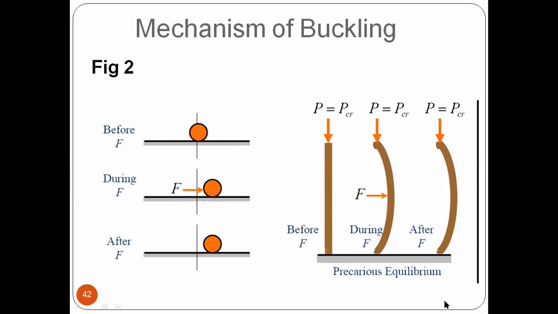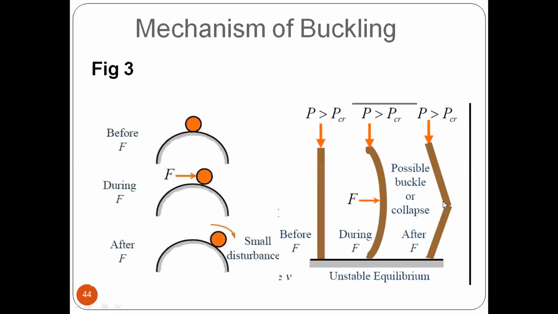Let's see picture 3, which is unstable equilibrium. So this is an unstable equilibrium. You can see where your force is greater than the critical force. P is greater than critical. What happens in the last, before it was, during it was, and after, you can see the permanent failure, right? Okay. So there is a disturbance that takes place in the member. So this is the major failure in buckling. So this we need to take care of. Your member should not go as I showed in figure 3. So this is a possible buckling or collapse that takes place in the member when your force is greater than PCR.